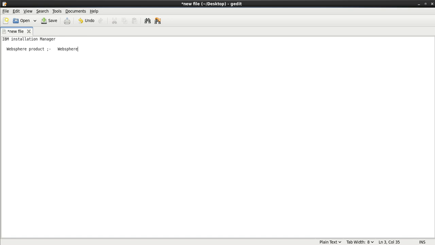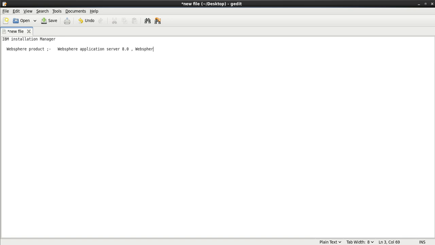So Websphere application server since 8.0, okay. Till version 7, there is no IBM installation manager, right? After Websphere 8.0, an IBM utility came, and using that we install